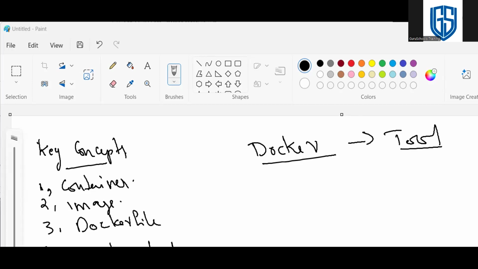Then coming to Dockerfile, the third one. A Dockerfile is actually a text file containing a series of commands or instructions. So we need to learn the commands and instructions that we give within a Dockerfile. So these commands are...